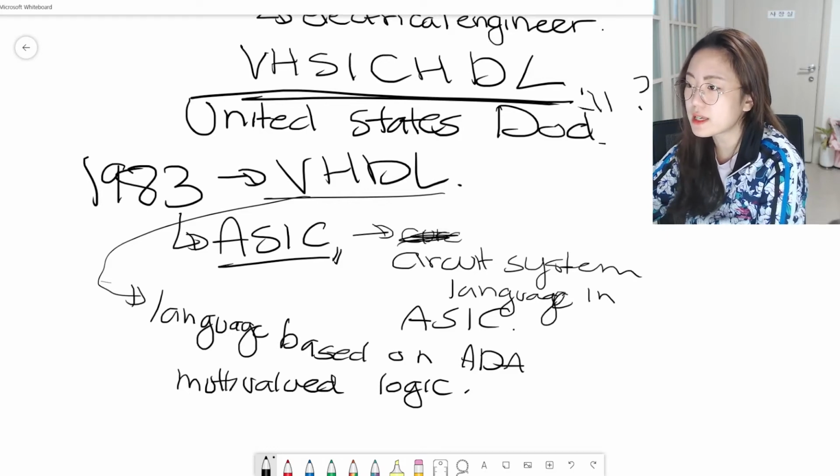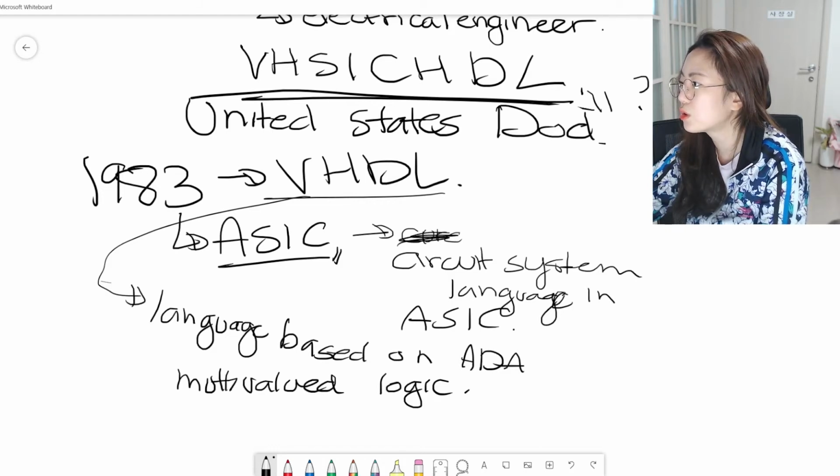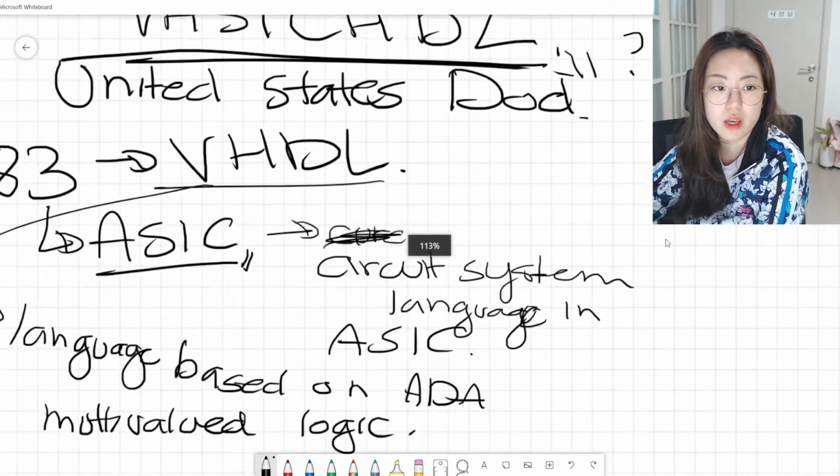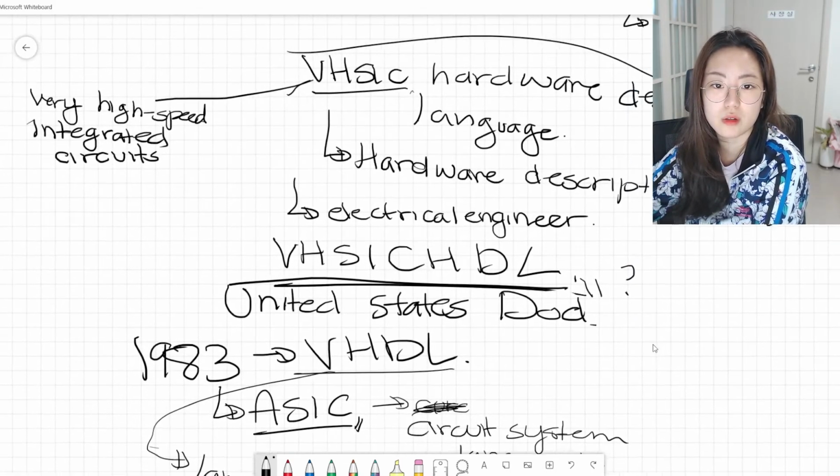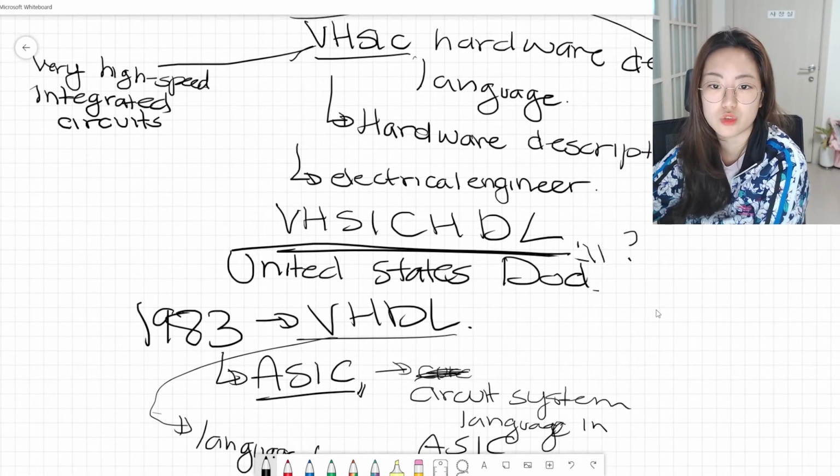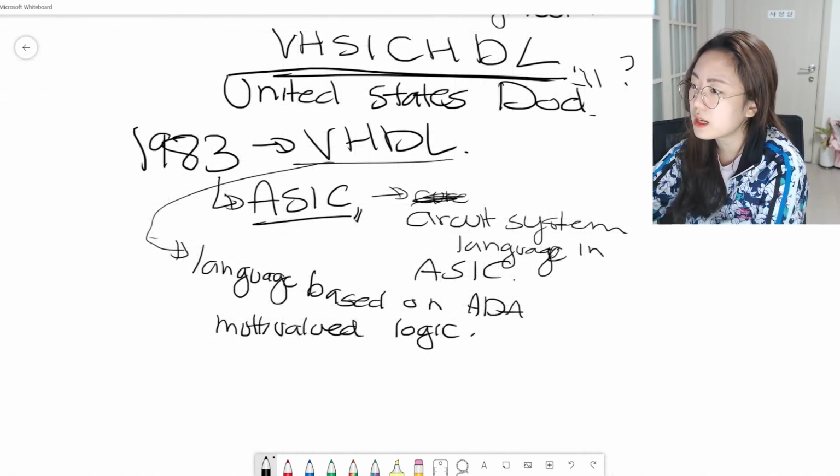So it seems like an app that is used for hardware programming. Hardware programming. That's why it's called the hardware description language. So maybe it's not actual programming, but just to kind of